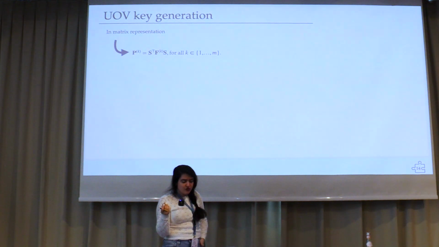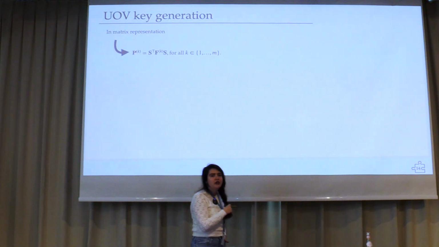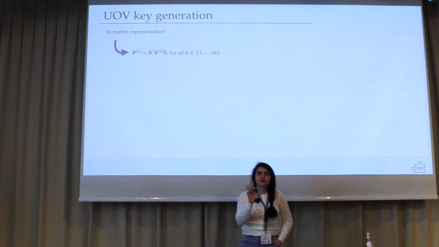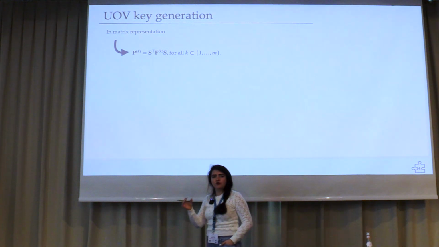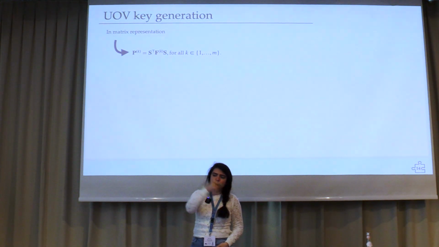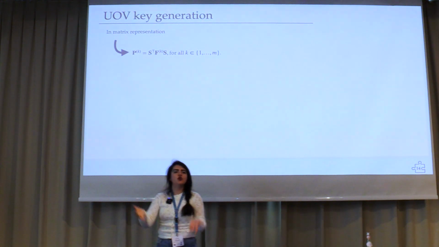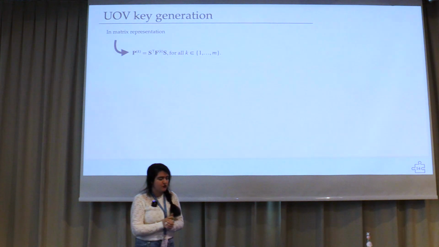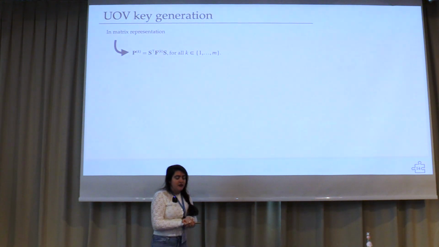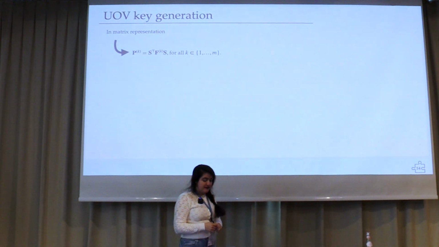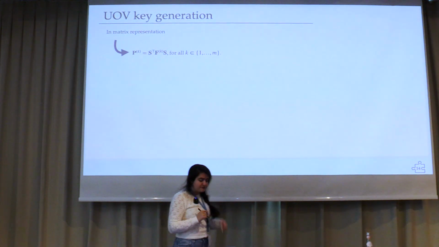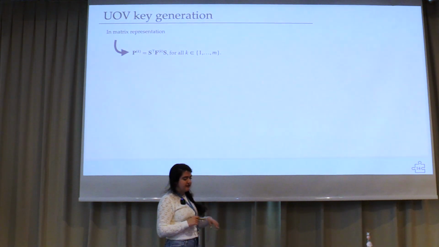I'm going to show the key generation in matrix representation. There are two different ways that people look at UOV nowadays. You can look at it with the oil space, or you can look at it with this trapdoor construction. I'm only going to show the trapdoor one, but we're going to see the oil space description in the afternoon. So if I follow the traditional description, we have that for each of the polynomials